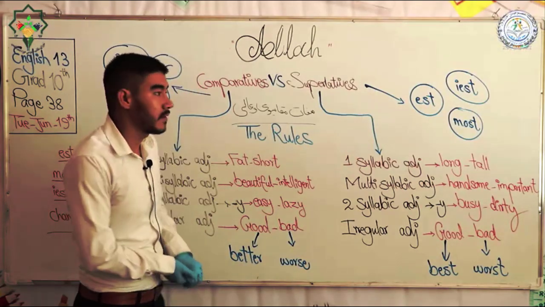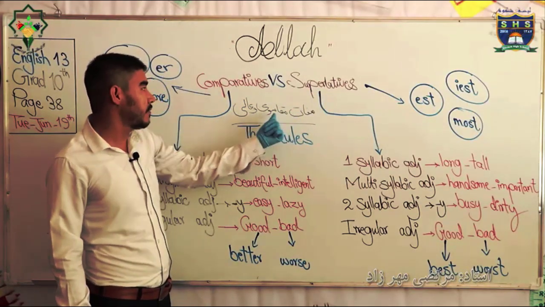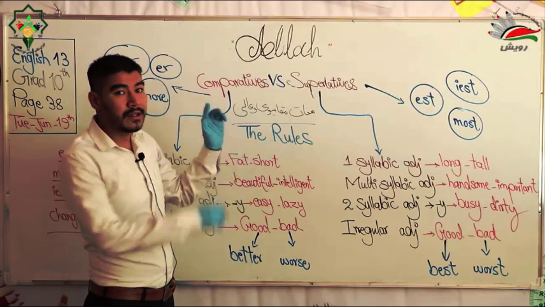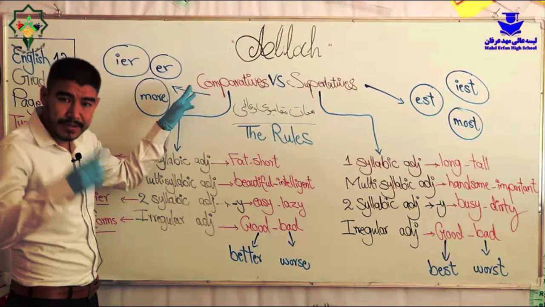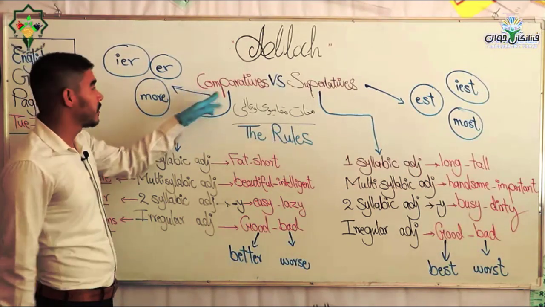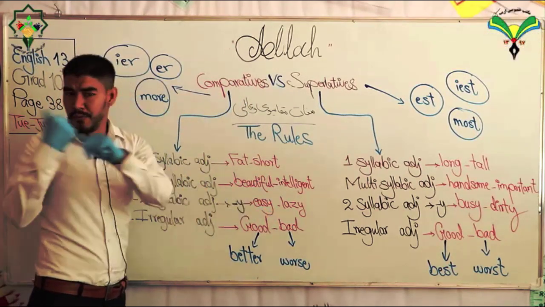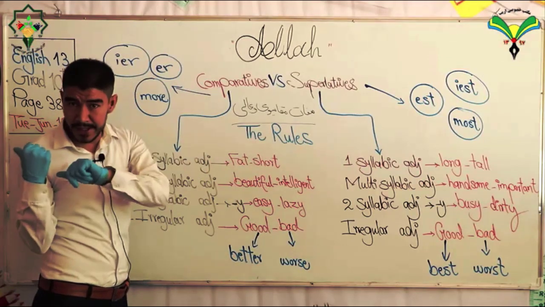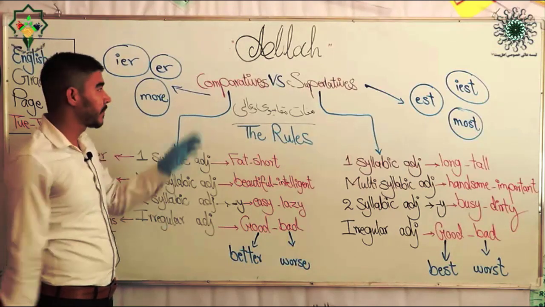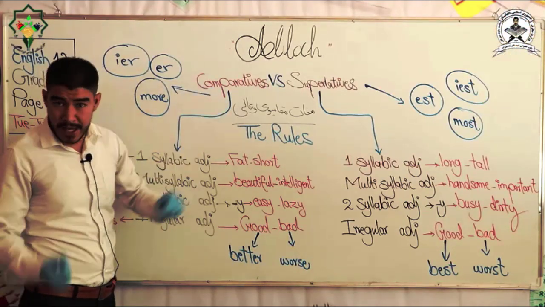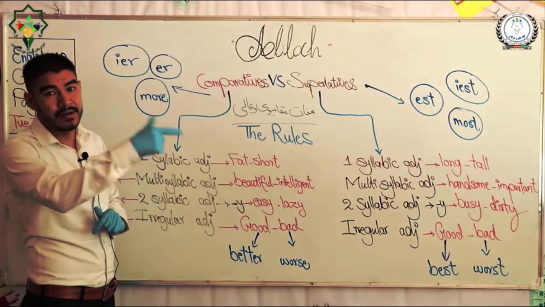Okay, be careful about it. Comparatives versus superlatives, it means صفات مقایسوی و صفات عالی. اینا در مقابل همدیگر میتونن چه تفاوت‌هایی را داشته باشند. Okay, as you studied before in 9th class and 8th class, comparatives are those adjectives that compare one thing with another thing, one person with another person, one place with another place. It means there should be two things, two people, two places. صفات مقایسه‌ای برای مقایسه یک شخص با شخص دیگر، یک مکان با مکان دیگر، یک چیز با چیز دیگر استفاده میشه.